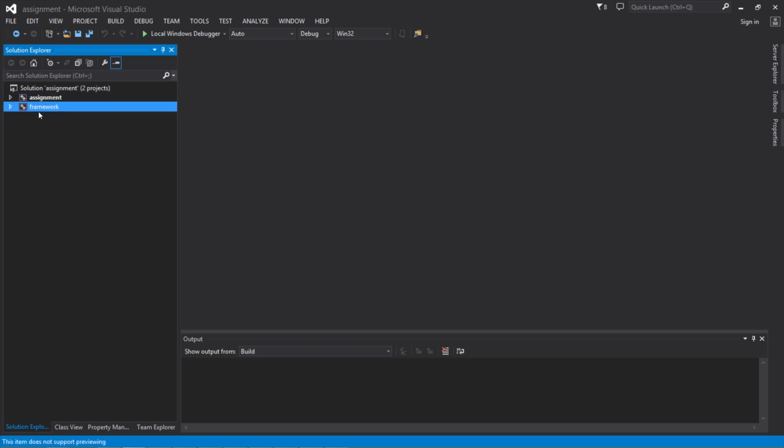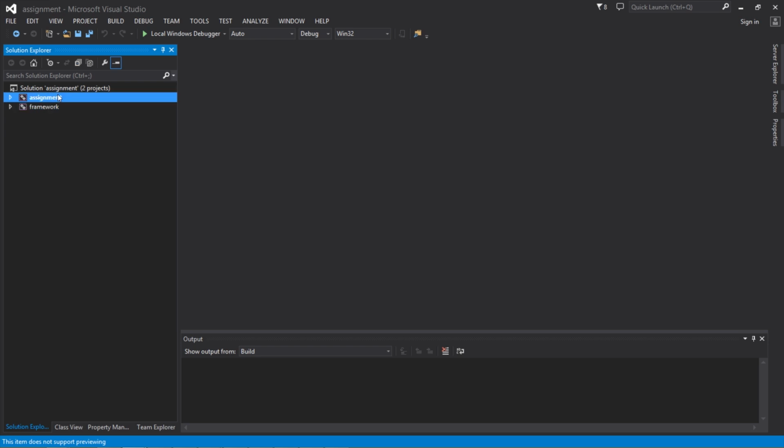The lower one is called Framework, and this is the library from NVIDIA Research that contains all kinds of useful stuff for graphics, for math, and you'll mostly be looking at the math side of things from here. It's built into a library, and then that library is used by this other project, Assignment, which is built into